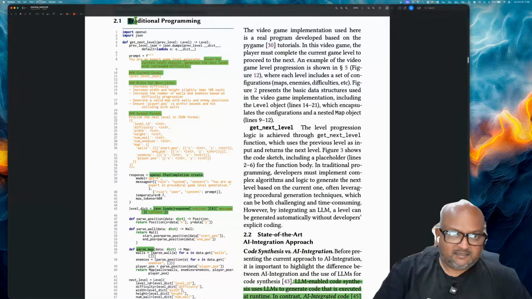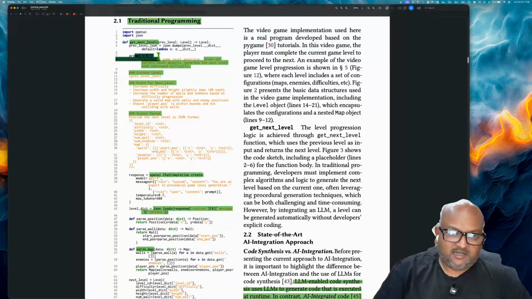And this is how you would implement this with your regular LLM calls in Python. Let's just assume the running example they're taking is that you want to use an LLM to generate the next level. And this kind of code should be pretty familiar to anyone who's been calling LLMs from code.